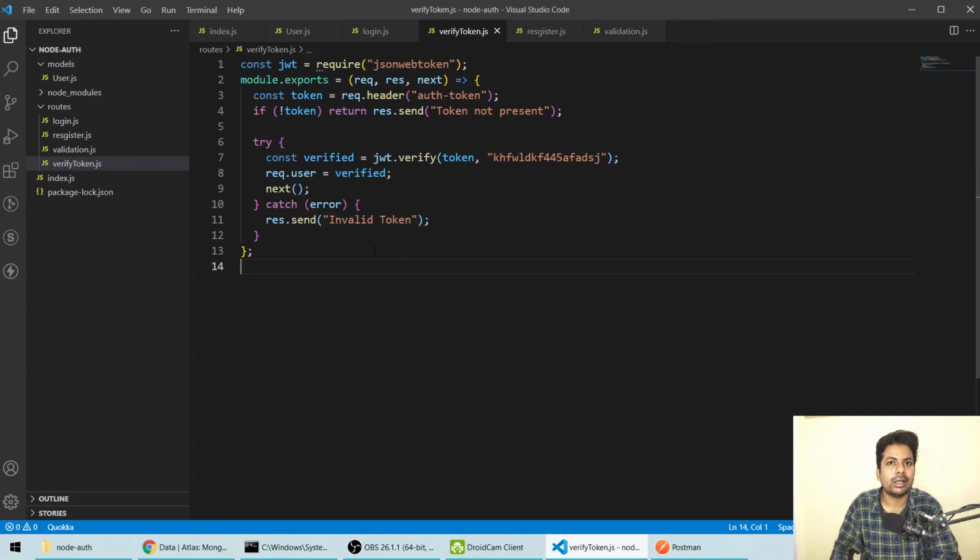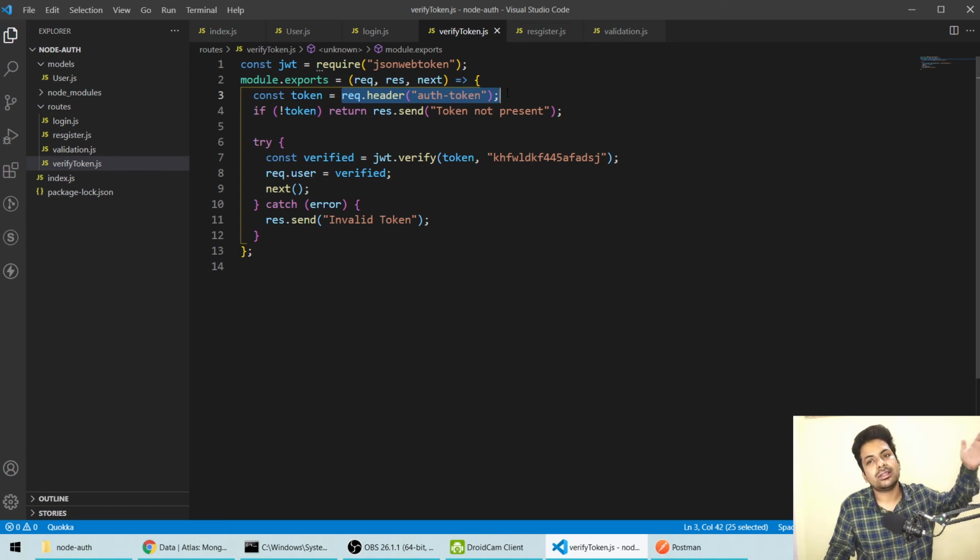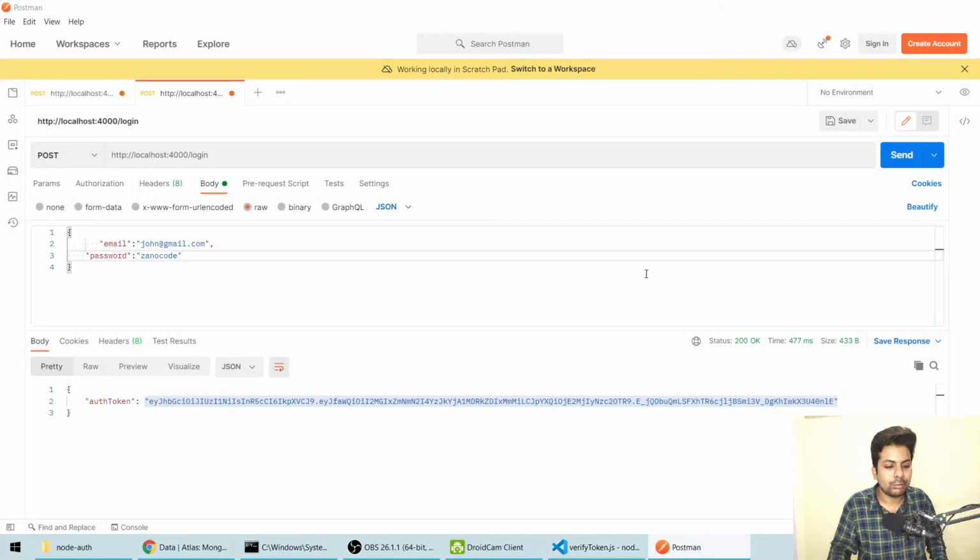Let me tell you again where I'll use it. For now, I have a profile page, and obviously I want to check whether the person has been logged in or not, so I'll use this as a middleware. If someone is trying to access his profile, he should have a header, and it should have the authentication token we get, so we have to put this in the header.